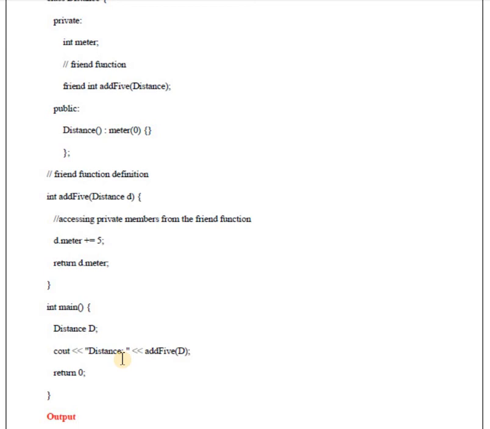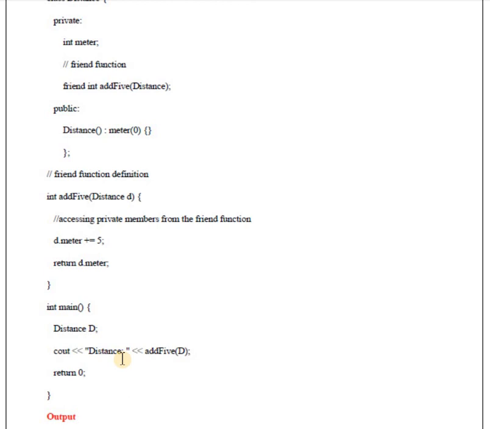This example gives us an idea about the concept of friend function. Here by using add5, we are accessing the private member, that is meter.